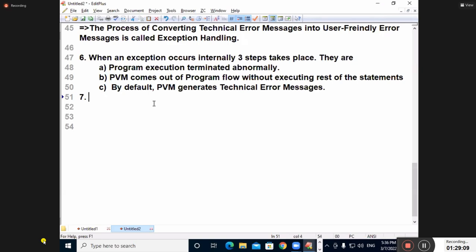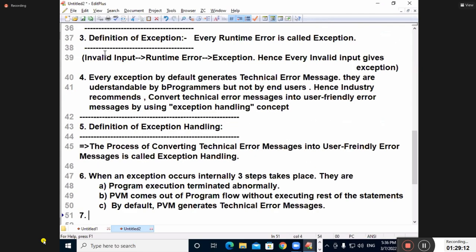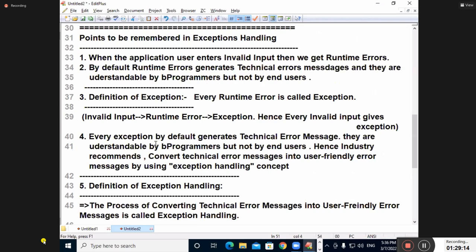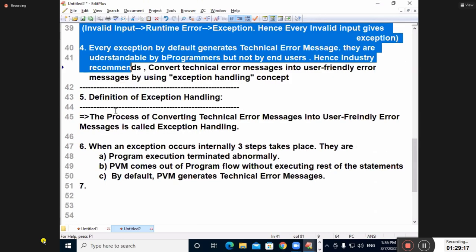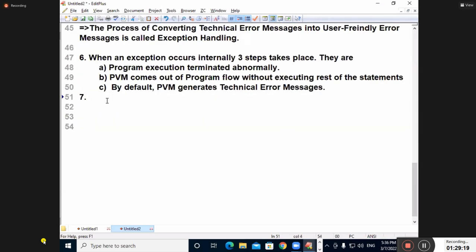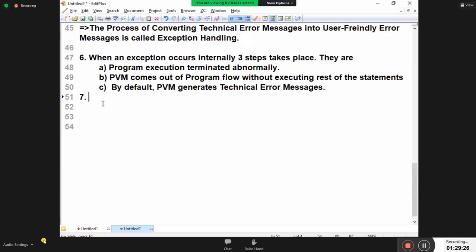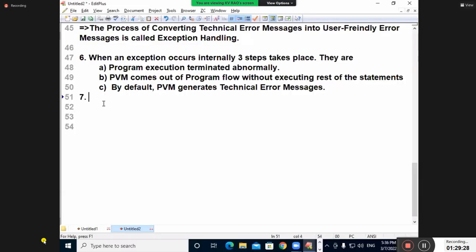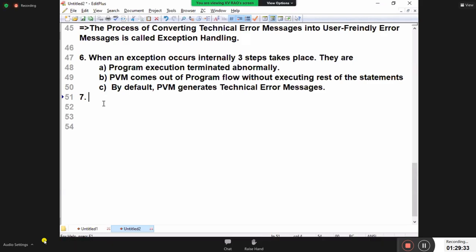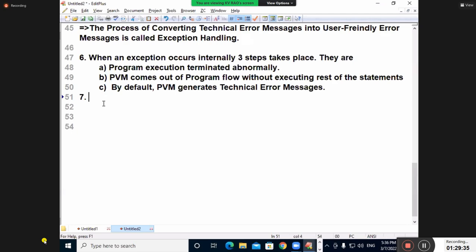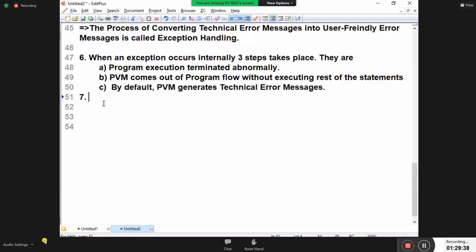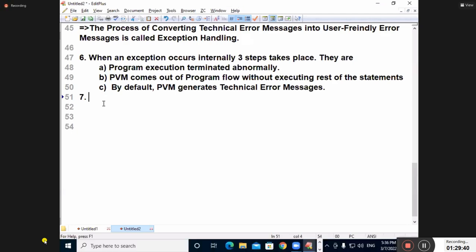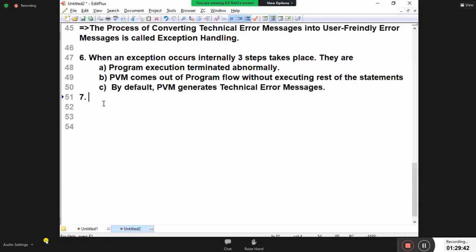All the students in the online, are the 6 points clear? Clear? Yes. Good. Now I am going to the 7th point. 7th point I am going to explain. So now for the 7th point I am going to give you the clarity. Shall we go to 7th point? Right. Yes, Renko. So user-friendly error messages I must give it. Very good. So now I am introducing one very big point.